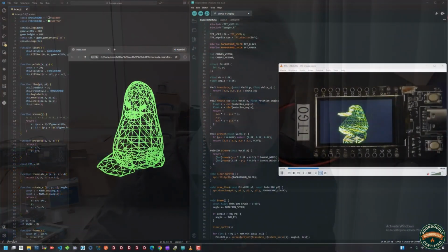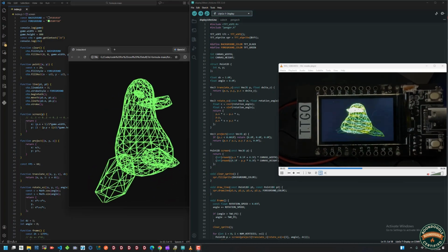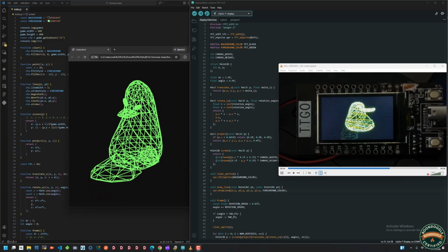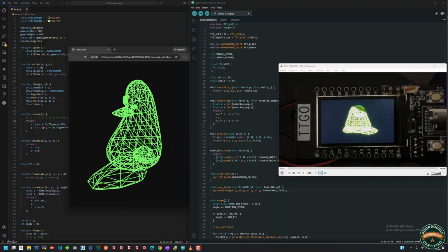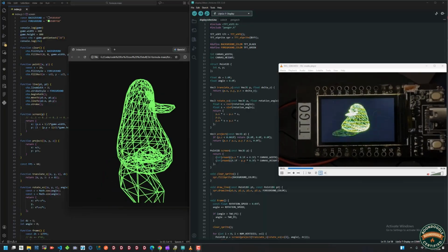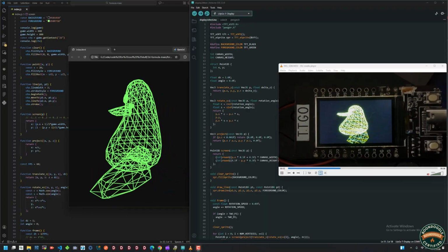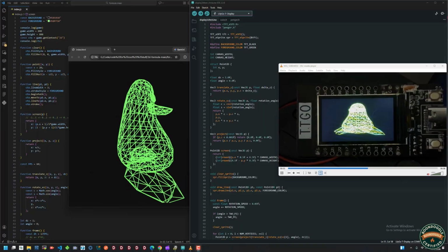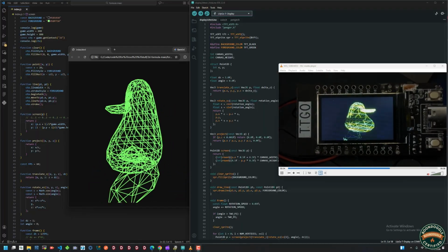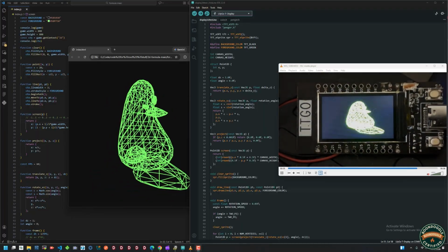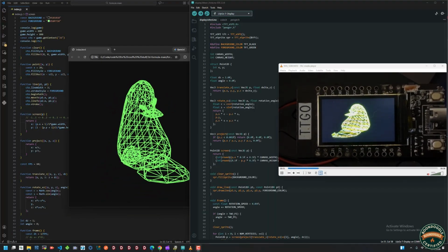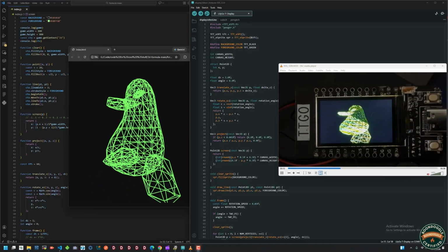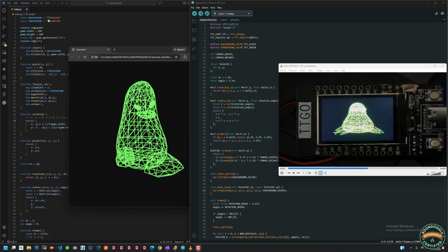So, let's get into the code. At first glance, you're not going to find much difference between them. It's just a direct translation of the JavaScript code into C++ with a couple of exceptions. On the left, we have the JavaScript in VS Code with an instance of the result running in a web browser. On the right, we have this C++ in Arduino IDE with a video of the result playing for illustration purposes. Notice something about the result on the right? Yeah, it flickers, but we'll get into that in a minute and talk about how to mitigate it.